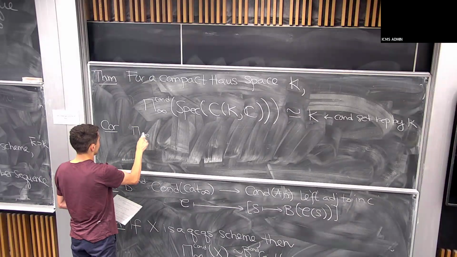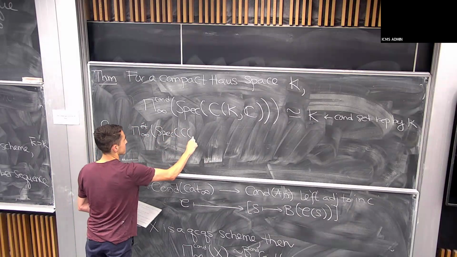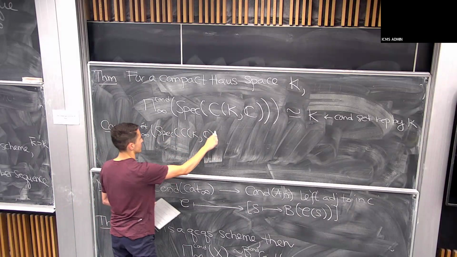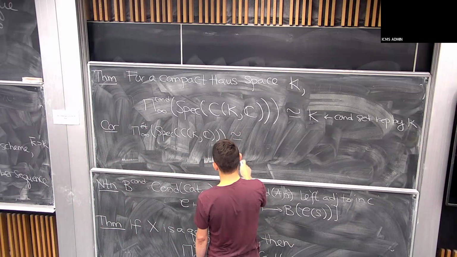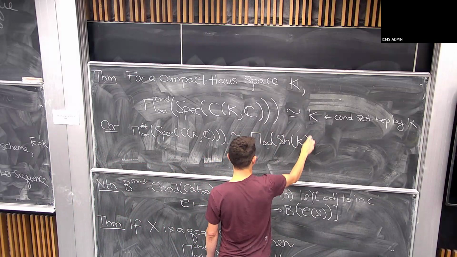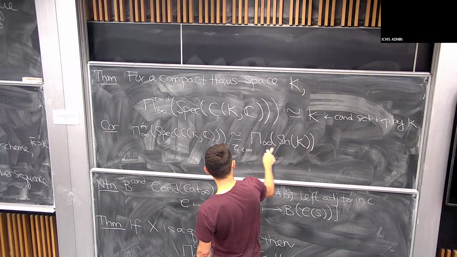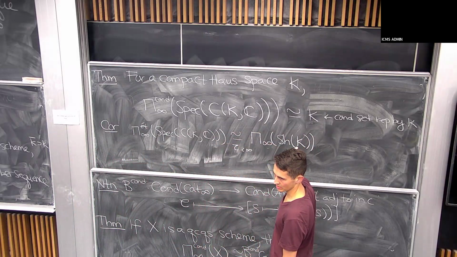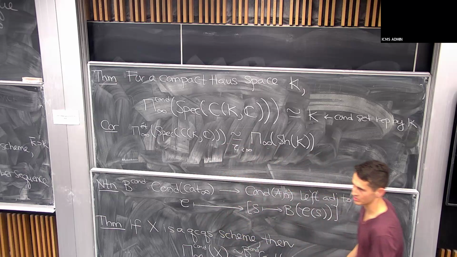A corollary of this is that if you take this étale homotopy type of such a ring, and this was the thing that I think was very inaccessible, it's just an immediate consequence. Well, what you'll get is the shape of sheaves on K, at least up to this protruncation. So in particular, if your K admits a CW structure, this is just the underlying homotopy type. So that's also a nice way to recover the underlying homotopy type of compact Hausdorff spaces from algebraic geometry.